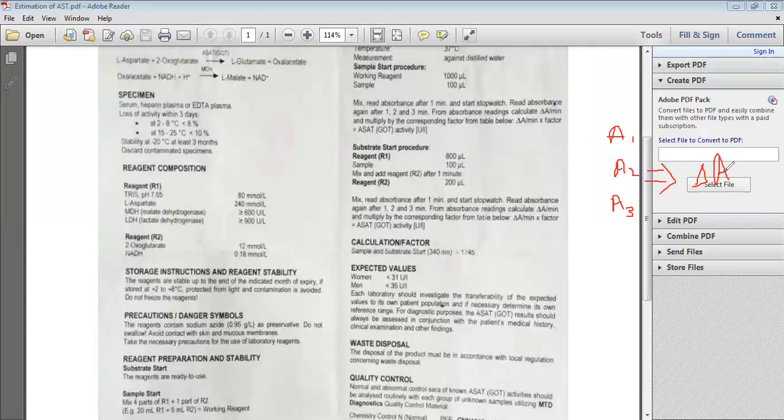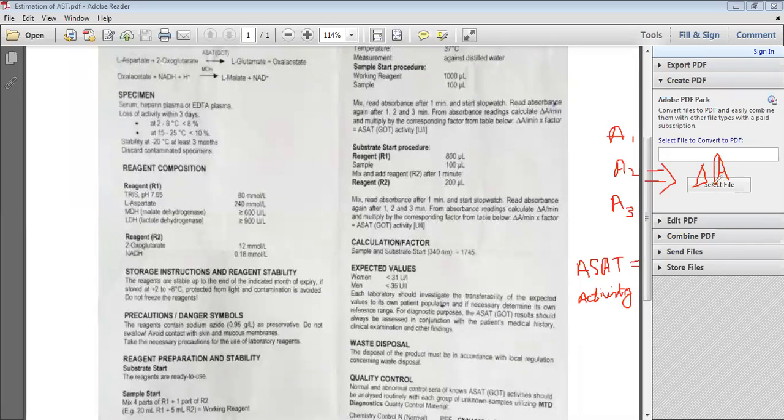You will find the difference in these absorbances. And now after calculating the difference in these absorbances, you will use this given formula. The formula is the activity of AST, or you can say the activity of ASAT, aspartate aminotransferase. This is the enzyme which we are estimating in the serum. For AST activity, you will use this formula to find the activity of AST in the given serum sample solution.